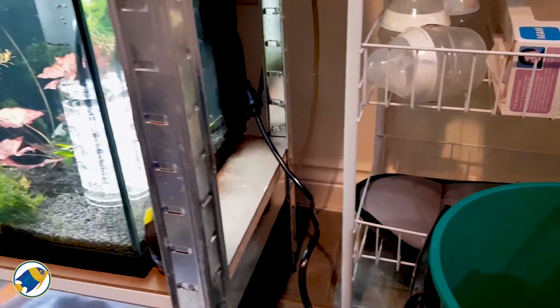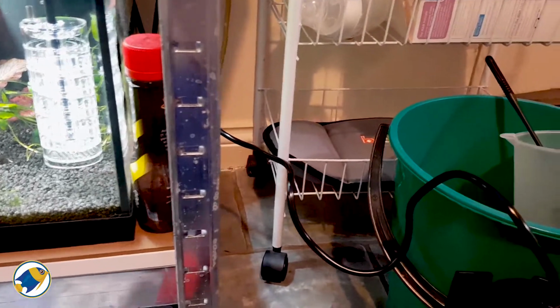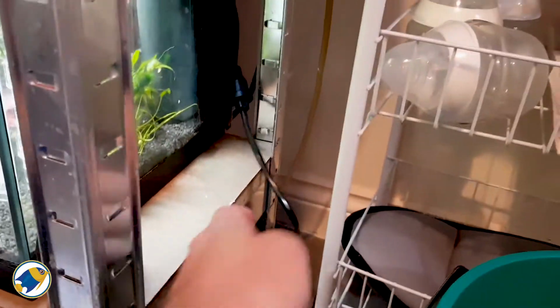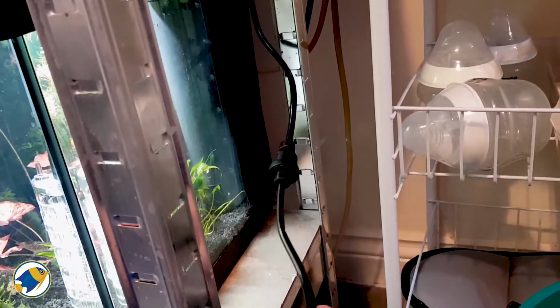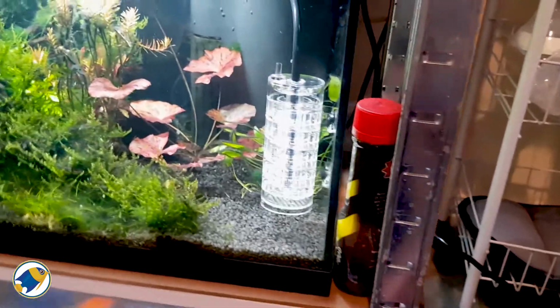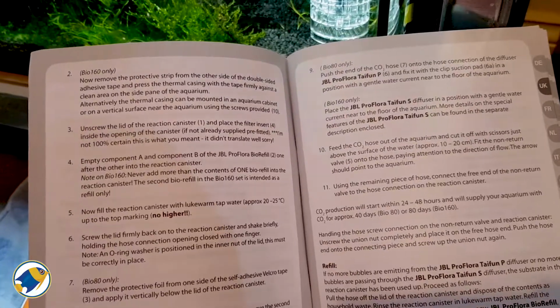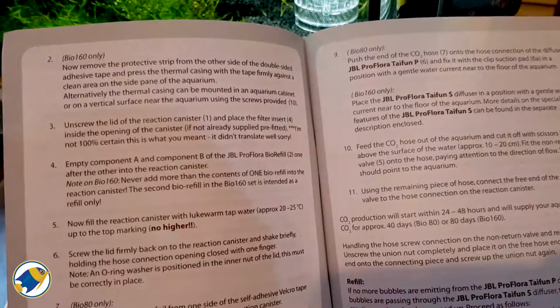So I'll have to probably give it a couple of hours, as I've released the pressure from the tubing by just opening it, or undoing this valve bit here. So I just got to wait for the pressure to build up in the system again before the bubbles will start appearing, but hopefully that's done the trick. So one thing that I've helpfully noticed in the manual is